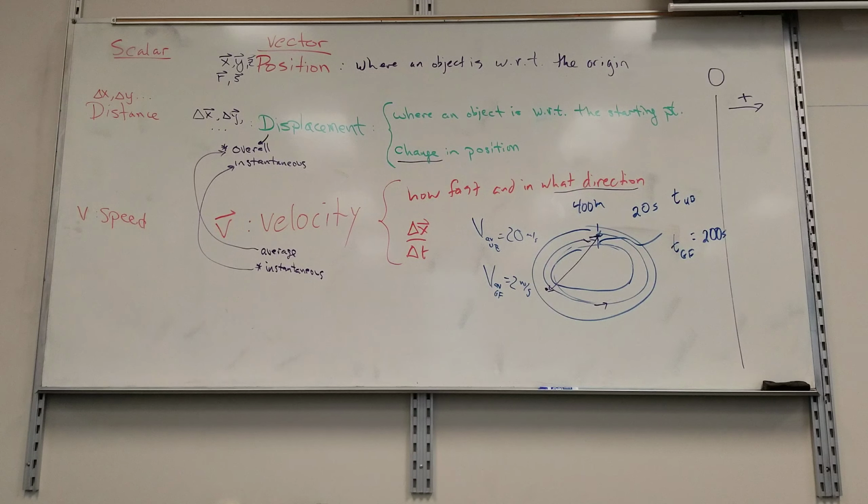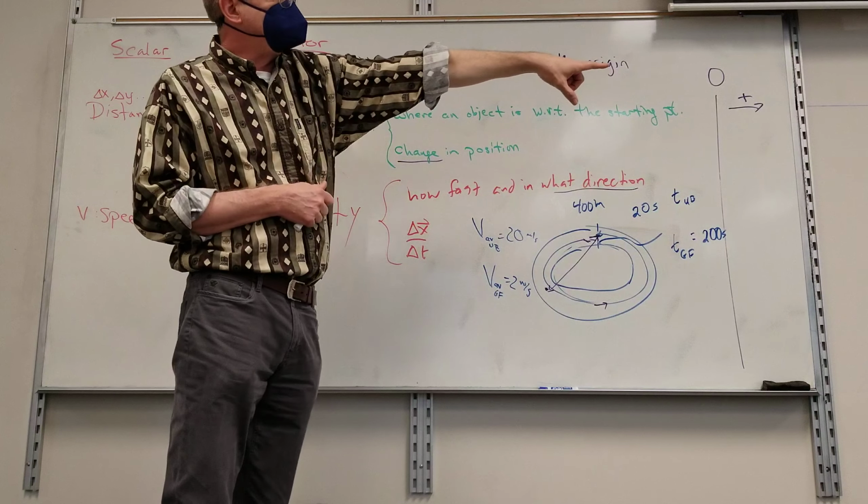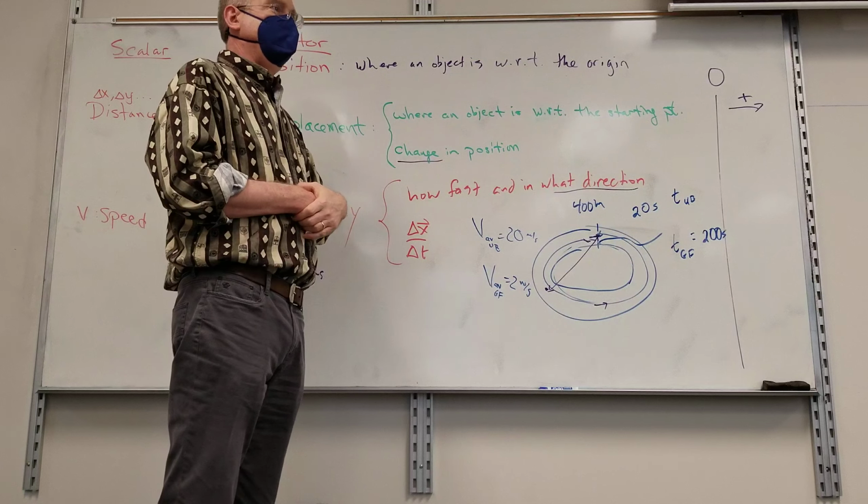Why is it negative? Because you're moving in the positive direction. You already walked over there. My velocity was positive because I'm moving in the positive direction. My position is negative because I'm on the negative side of 0. And my displacement is negative because I'm on the negative side of my official starting point. There it is. All right. You good? All right.